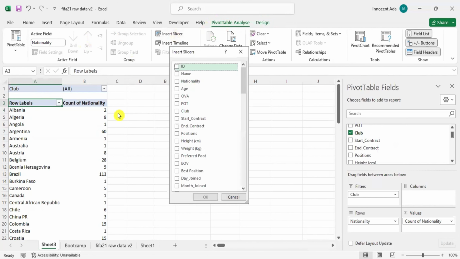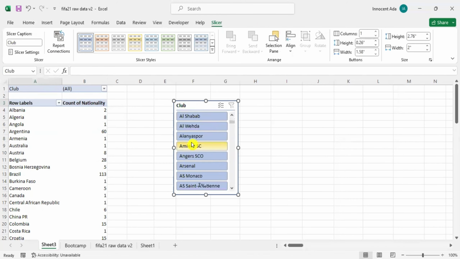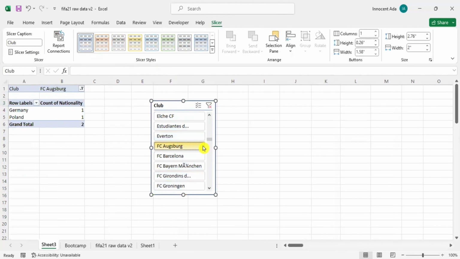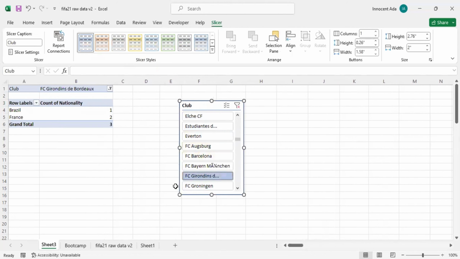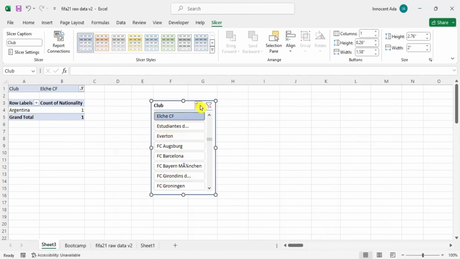That's one way. And let's pick club, for instance, here, and say okay. So we have all the clubs represented here, right? So you see that it is interactive, visually appealing, and we could basically change from different styles. Change using different styles as you would like to use. So you see, I can just move on and slice and dice through my pivot table. So if I want to clear, I'll come here